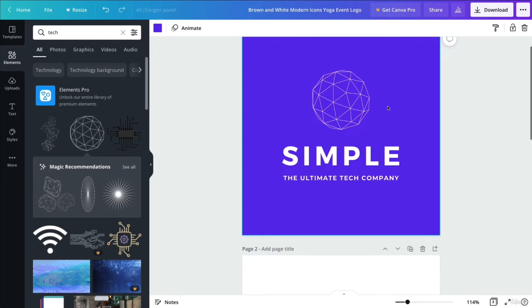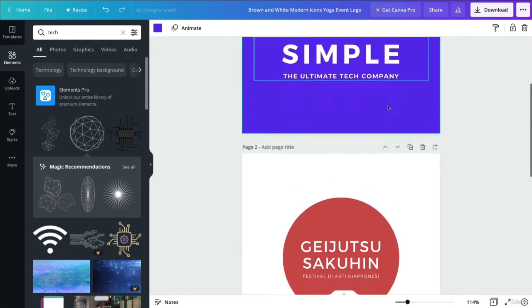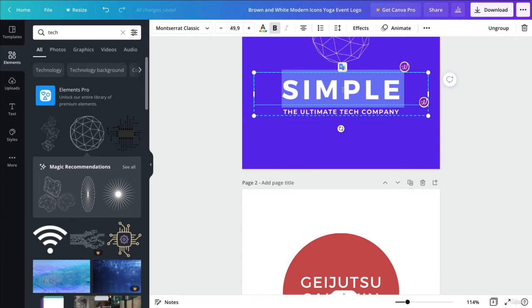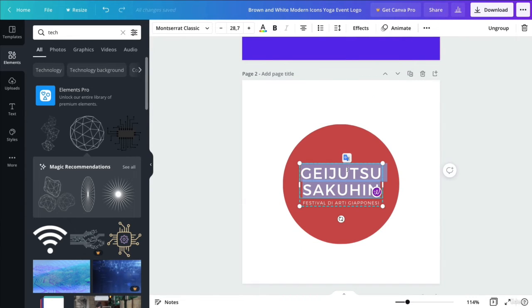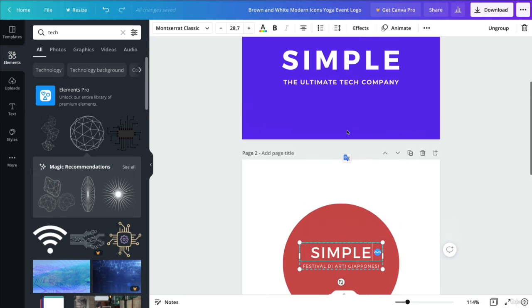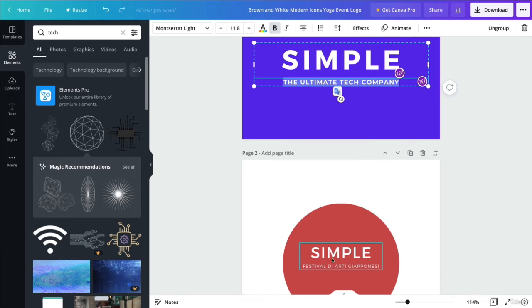So at this point, what we can do in order to create a second variation of this logo is simply select the text over here.